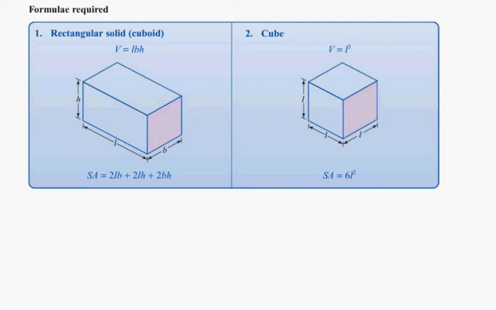Okay, so in any rectangular cube, as an example, if it had a height of 8, a length of 10, and a breadth of 6, you can be asked two types of questions. You can be asked for the volume, or you can be asked for the surface area. If you're asked for the volume, you simply multiply all three of them together. So you'd multiply 8 centimeters by 6 centimeters by 10 centimeters, and you'd get 480